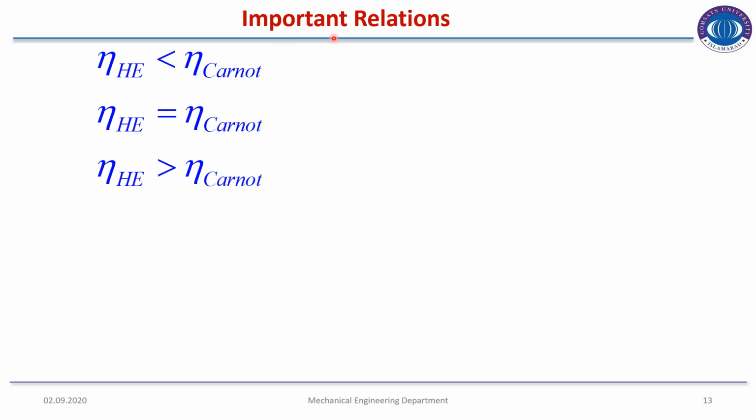So here we have some important relations. The efficiency of a Carnot heat engine will always be greater than the efficiency of any other heat engine. So the Carnot heat engine has maximum efficiency. You see that, compared to an actual and practically possible heat engine, the Carnot heat engine efficiency is always greater